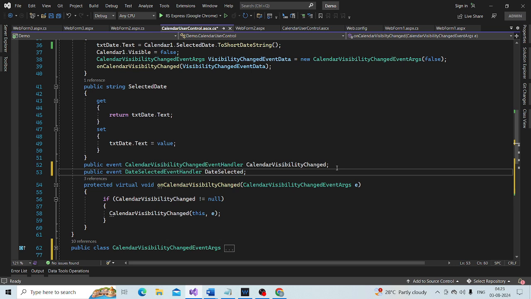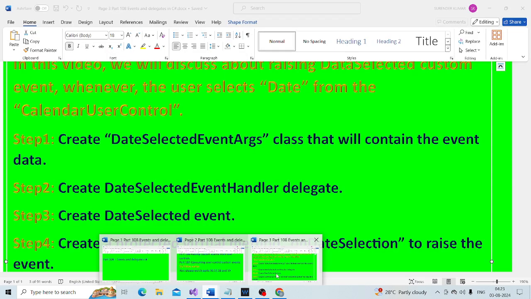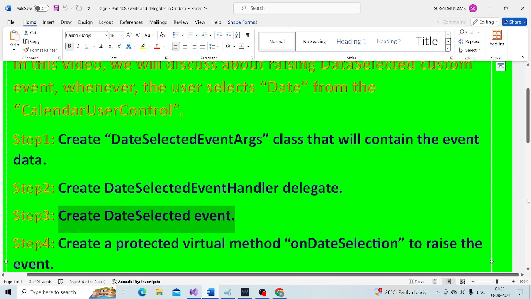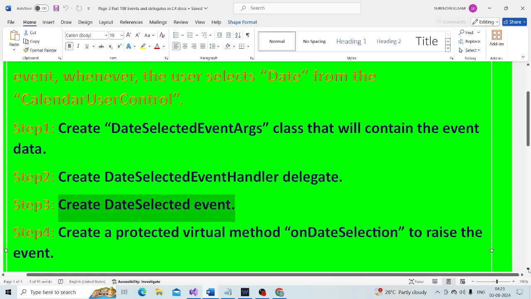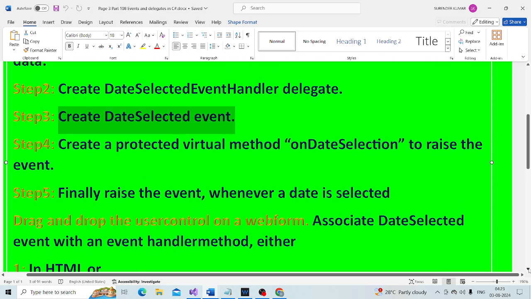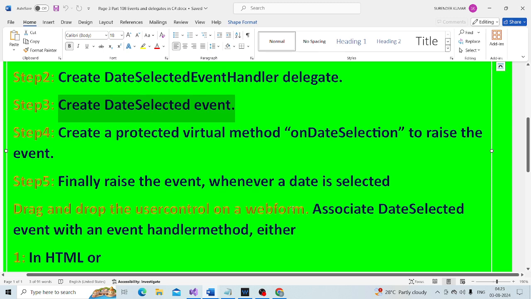That is the third step. We have created our event, date selected. What is the fourth step?